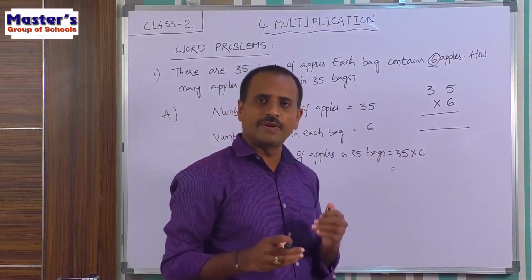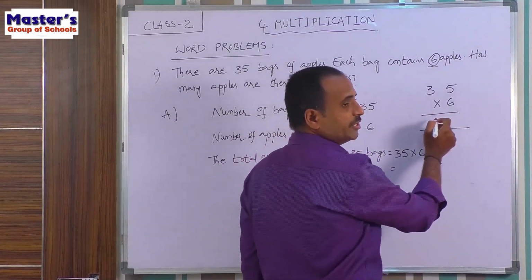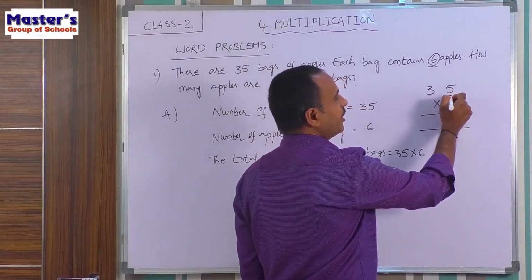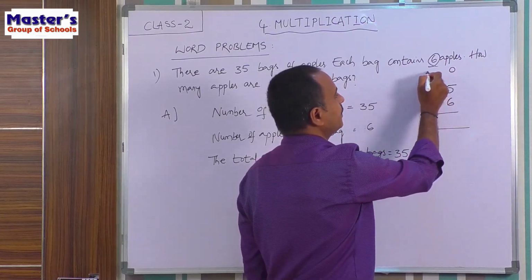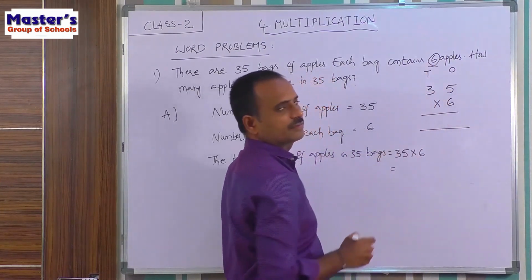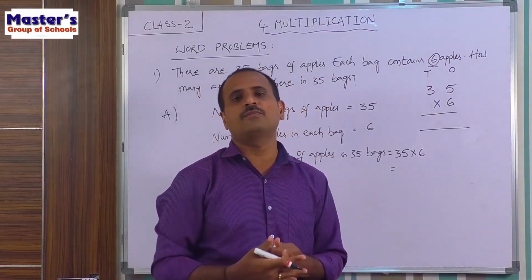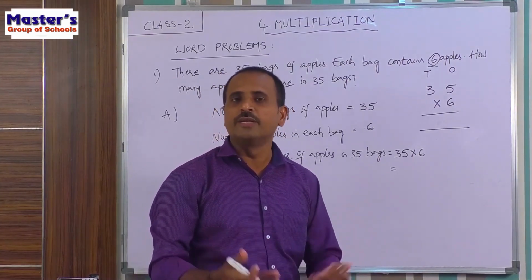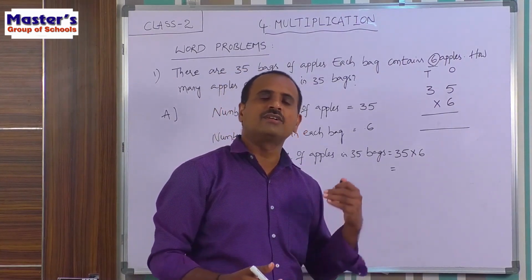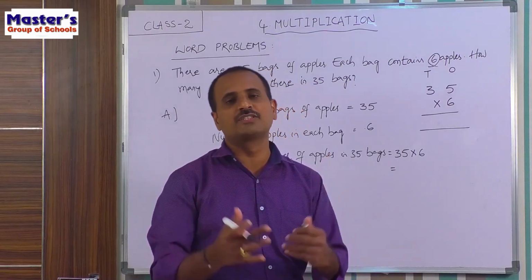And also write the places above each digit. That is, in 35, 5 is present in 1's place and 3 is present in 10's place. Again, the same process; we have practiced a lot of problems on the multiplication of these numbers. So how to start multiplication? Either addition or subtraction or multiplication, anyone, we have to start from 1's place.